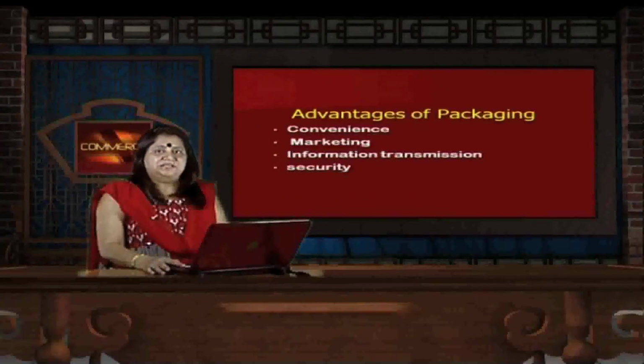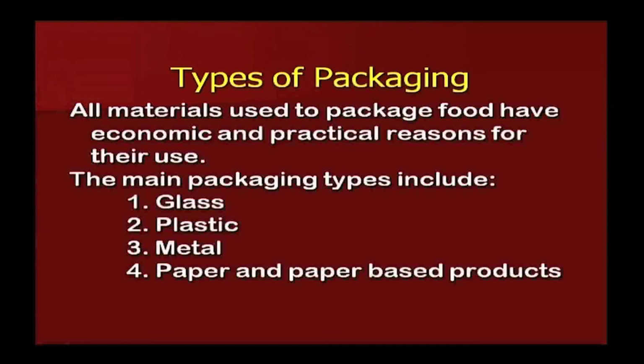Information transmission is the basic content associated with the product: the precautions and the basics of how to use the product, that is, the steps of using it or the process of its performance, are also given. Security is how the product is secured, that is, it is not broken and not deformed, or it is regulated in a particular shape, and a condition is decided by the kind of packaging we have. Now, let us study the types of packaging.